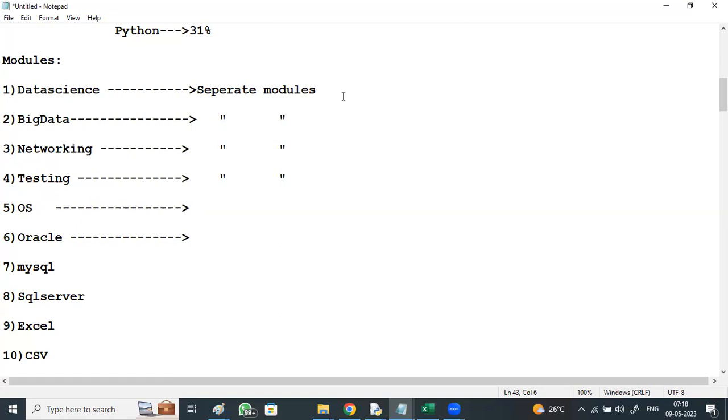For every database, Python is providing a module using which we can connect with the database, right? To connect to a database from Python, we require a module. So we have got modules for everything: Oracle, MySQL, SQL Server. cx_Oracle for Oracle, PyMySQL for MySQL, PyODBC for SQL Server are the modules.